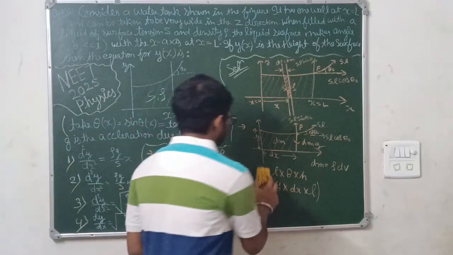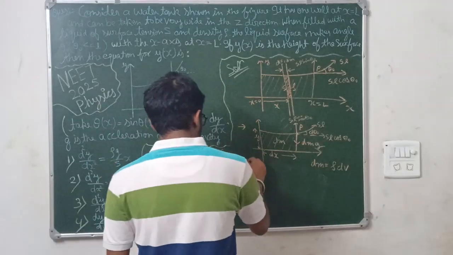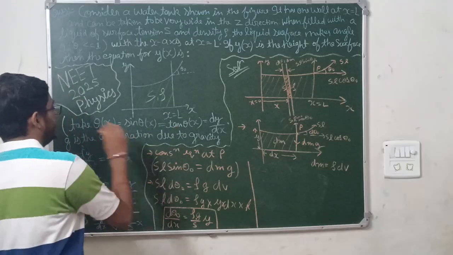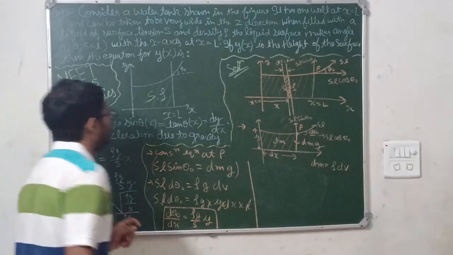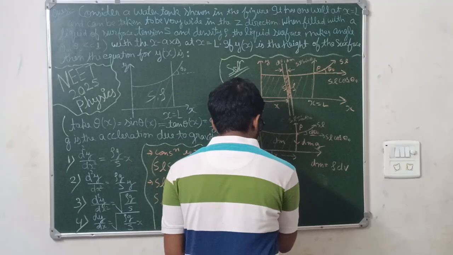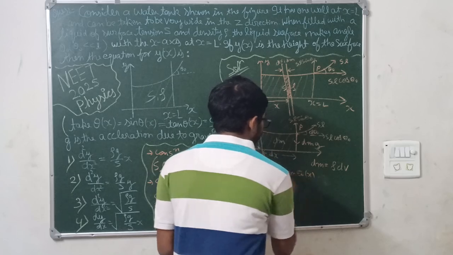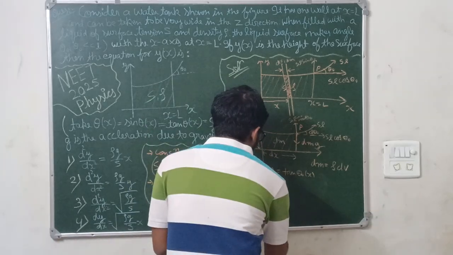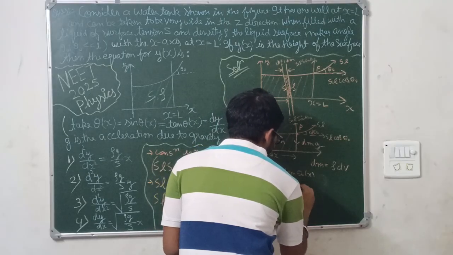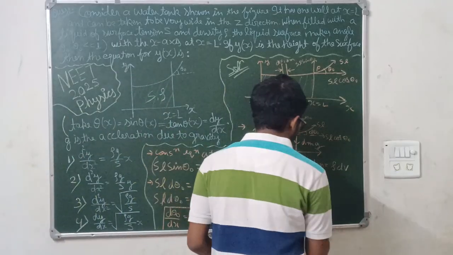Now see, here we have been given that you can take theta naught x as tan theta x or sin theta x. I am going to take tan theta x because there is a reason. See, it's tan theta naught x. Differentiating both the sides, d theta naught upon dx is equal to sec square theta naught. This is only the differentiation of tan theta x.